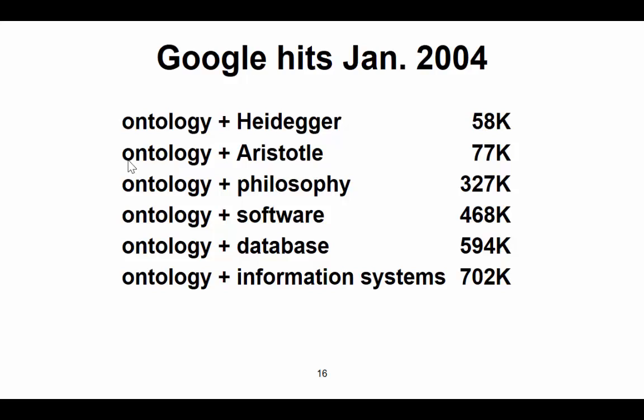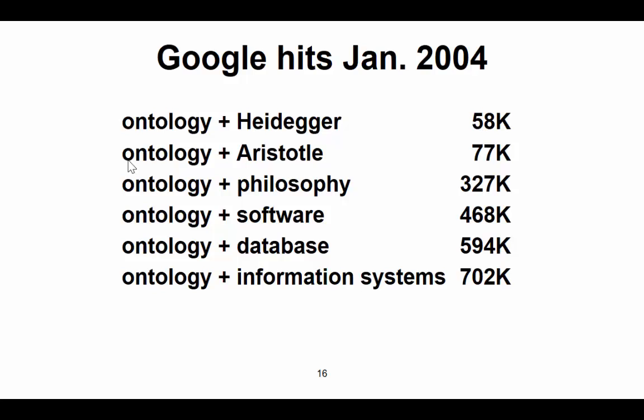And so there is some numerical evidence for this. If you look at, well, you can't do it anymore, but fortunately, I was already interested in these kinds of questions in 2004, and so I collected some data. And in the year 2004, Heidegger talks about ontology. No one knows what he means, but he talks about ontology. And if you Google ontology and Heidegger in 2004, you get 58,000 hits. If you Google ontology and information systems, you are already getting